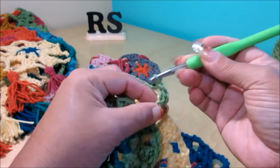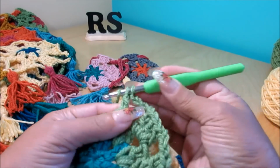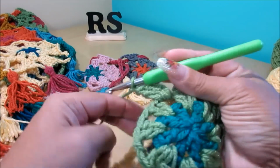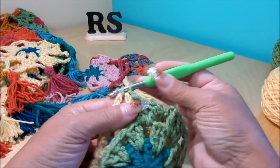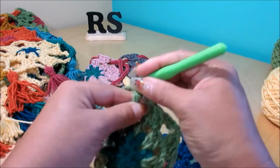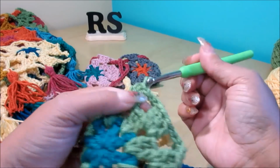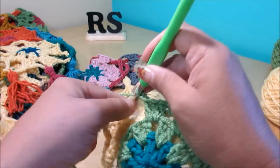Chain 2 and 3 double crochet in the next space, chain 1, single crochet in the center 3 chain space, chain 1, 3 double crochet, chain 2, and go to the last corner of this motif and do your single crochet,